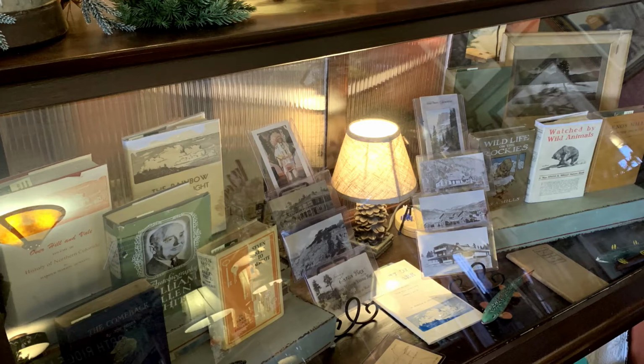Thank you. So I have to tell you, when I drive by, vintage, cabin. Tell us a little bit more about the whole concept of your store. Okay, it's how I decorate at my house. I live in a 1949 log cabin, and so we kind of mix new things with old things in our house. And I've been collecting Estes Park memorabilia for 27 years, and I have a lot of artwork and things that